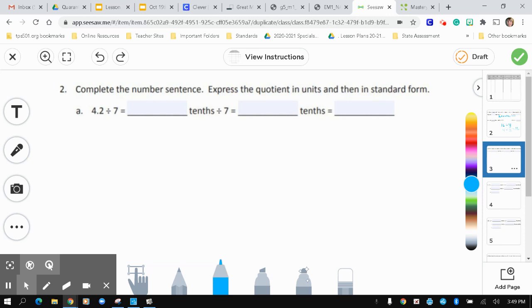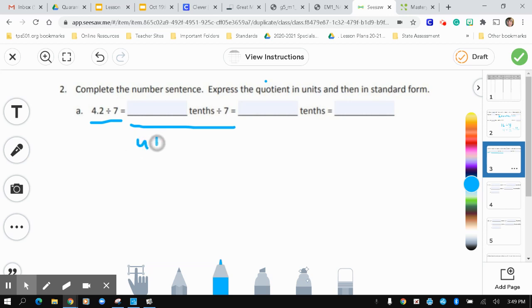All right, for our next one, it wants us to complete the number sentence and then express the quotient in units and then in standard form. So quotient is just our answer for a division problem. And the way I want you to think about it is they have given us the division problem right here. Well, then right here is the exact same thing, but it's given to us in unit form. So they want us to write 4 and 2 tenths as tenths. Well, they can smush over there into 42 tenths, and they want us to divide that by 7. Well, then I'm left with,